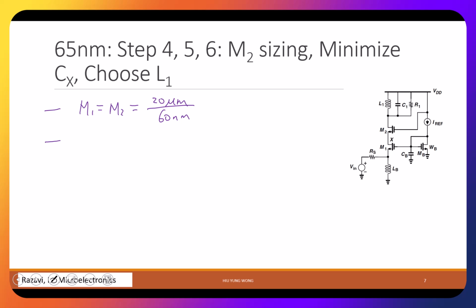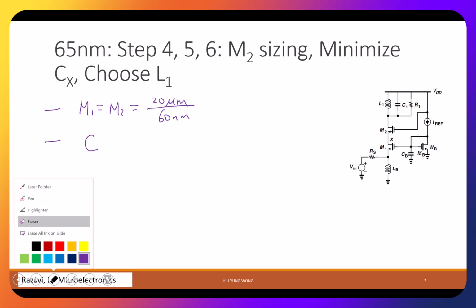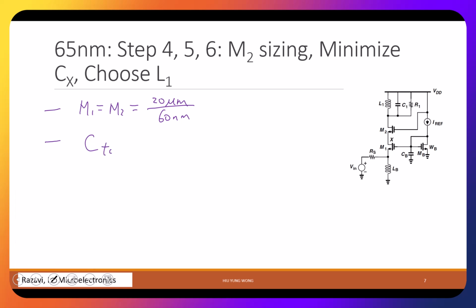I gave you the output cap already in the handout. But in this textbook example, you just said the total output cap, and we assume we already know that. In the project, you need to just do a simple addition. It's 75 femtofarad, which is the loading, plus the